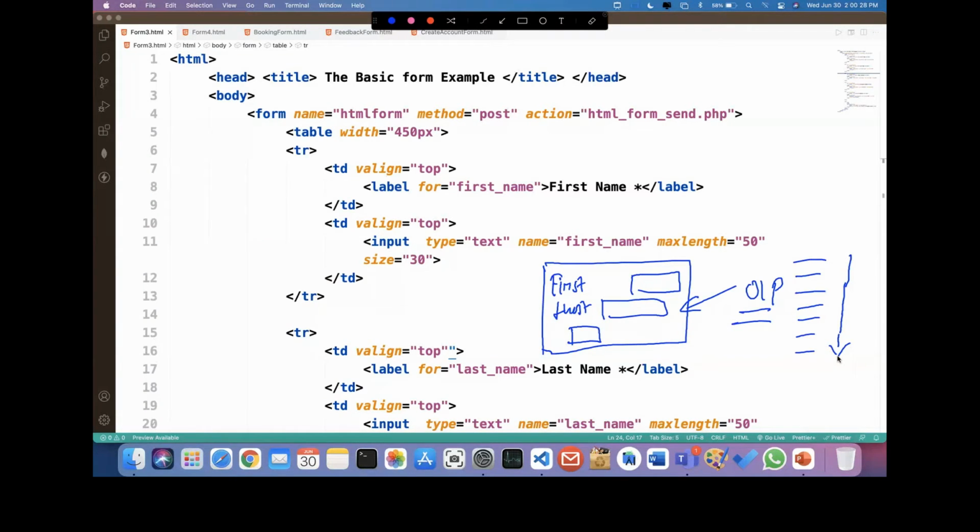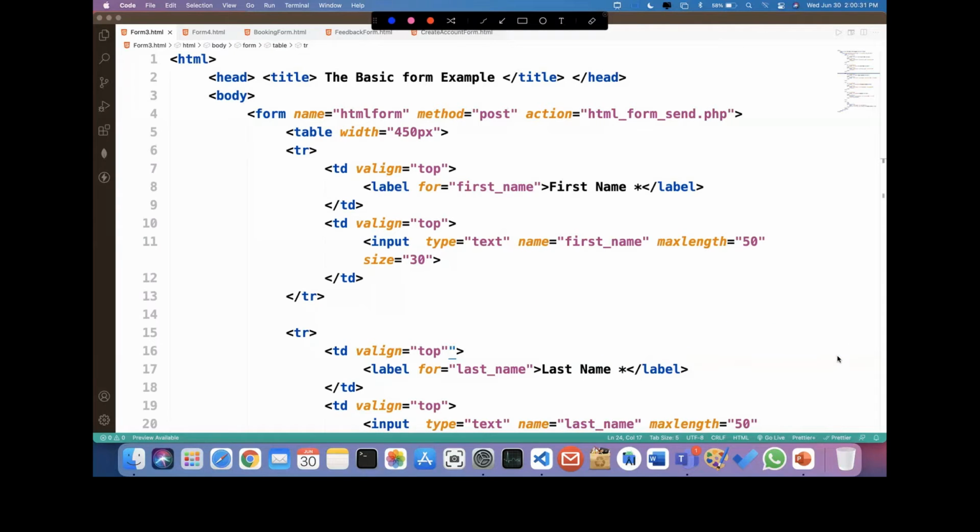Now, I want this output in a very symmetric form. Suppose first colon this, last colon this, and my button here. This kind of symmetric form design I want. There are different ways, but the easiest way I found is that you can merge it with the table tag. The table tag always provides rows and columns, so you can divide this area into rows and columns.